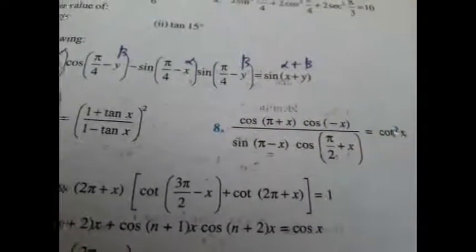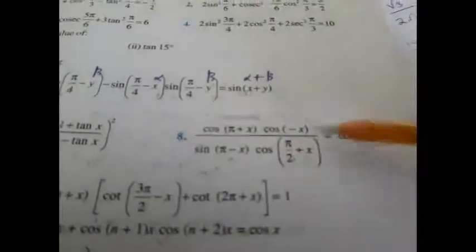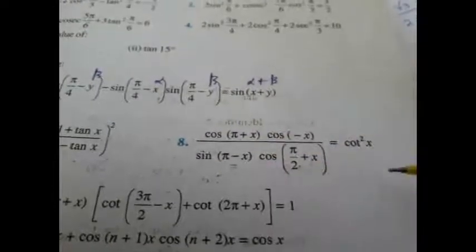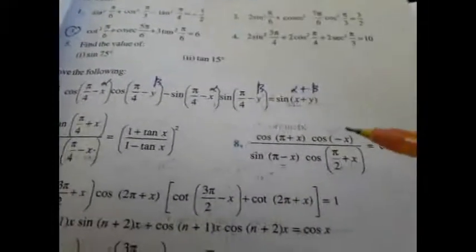Hope you are following me. So this cos will become sin. But when it comes to pi by 2 plus x, it will move to the third quadrant. In the third quadrant, only tan and its reciprocal is positive, right? So cos will become negative. In this way, if you simplify, you will get the answer easily. Yes, try this problem also. 7th and 8th problem, you are going to do it.